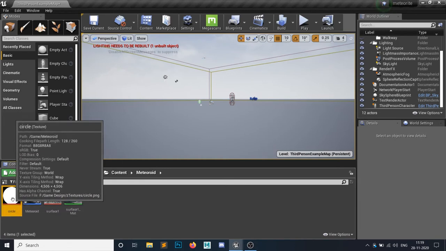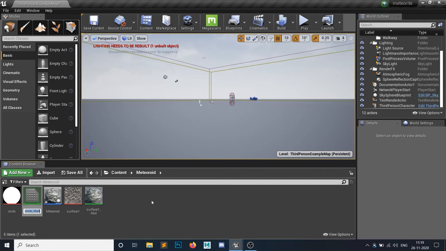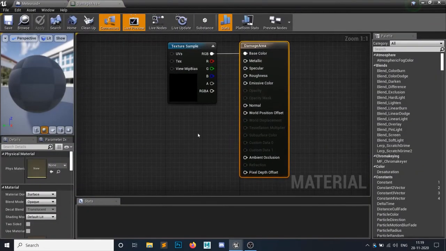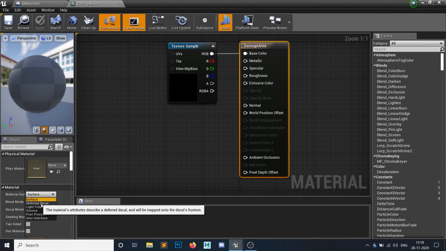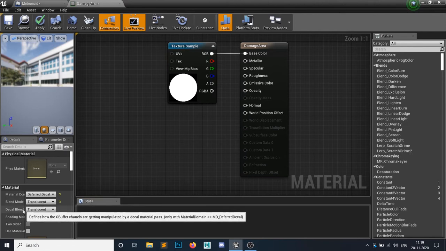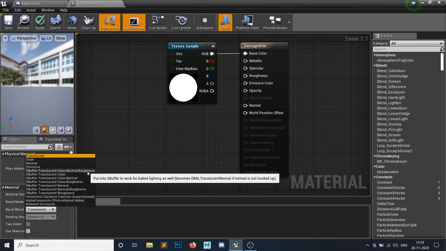So this is my circle. I'm simply gonna create a material from this circle. I'm gonna call it damage area. All right, open this up. So this is your decal, right? So the domain should be deferred decal, and blend mode should be translucent because it's a decal. And make this decal blend mode, D-buffer translucent color, normal, roughness, everything.